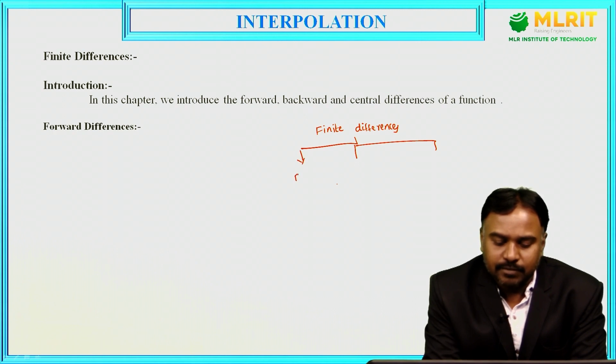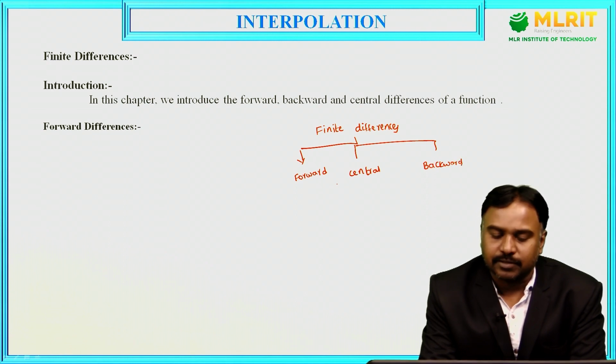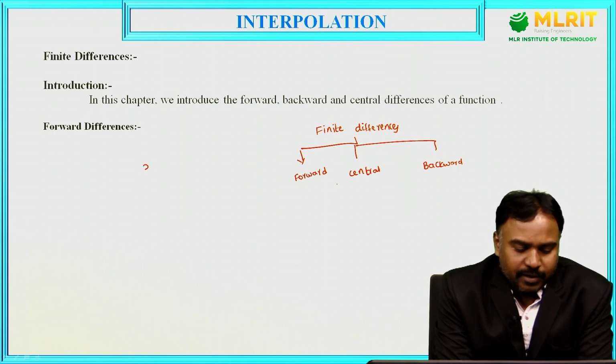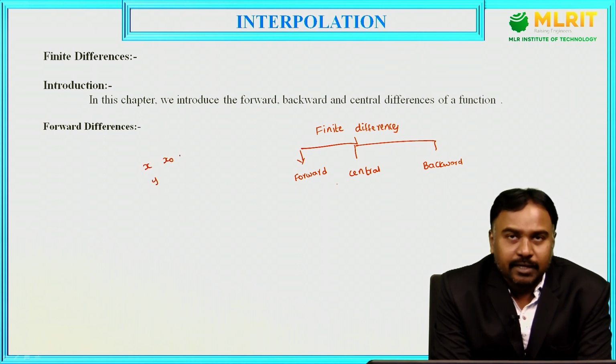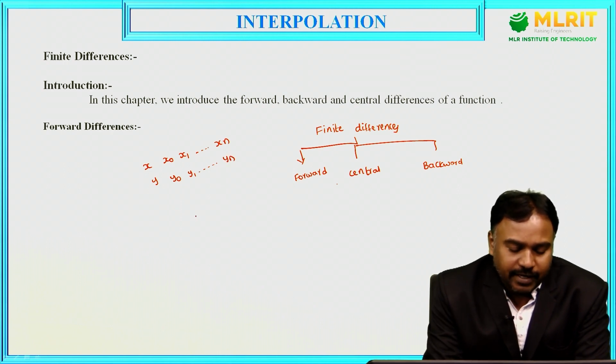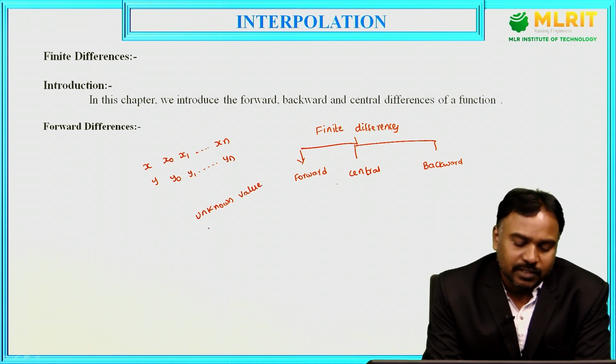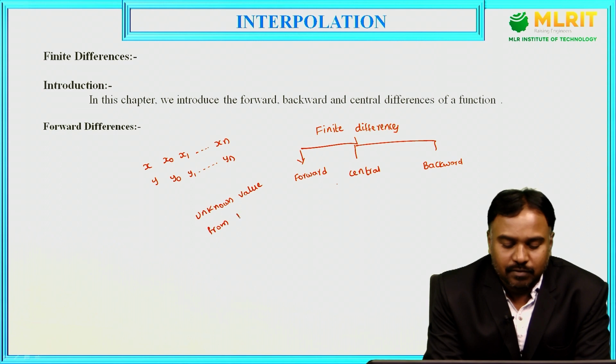The first one is forward differences, the second is central differences, and the third is backward differences. If you have some data points x0, x1, and so on up to xn, with respective y values y0, y1, and so on up to yn, finite differences are used to find an unknown value which lies inside